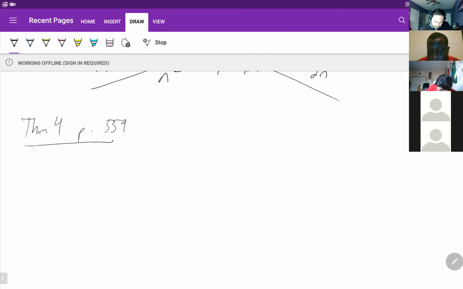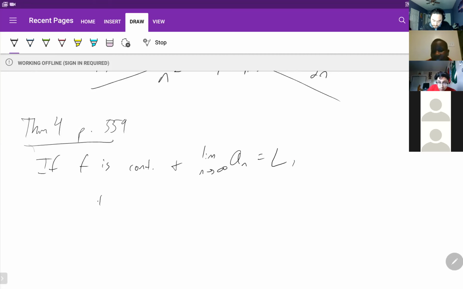So it says if f is continuous and the limit exists of a sub n, then the limit as n goes to infinity of f of a sub n is equal to f of